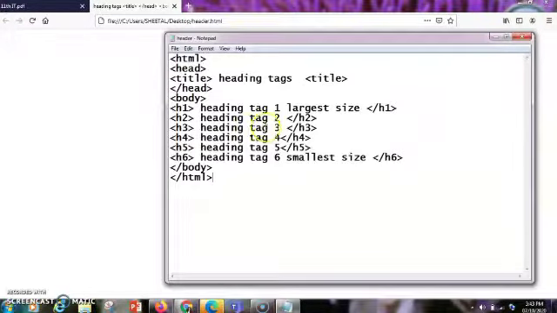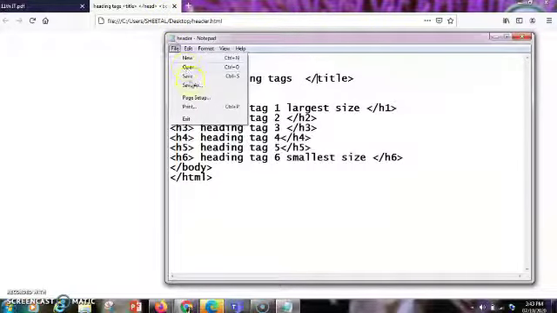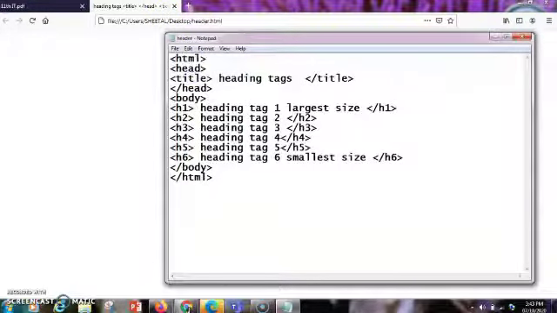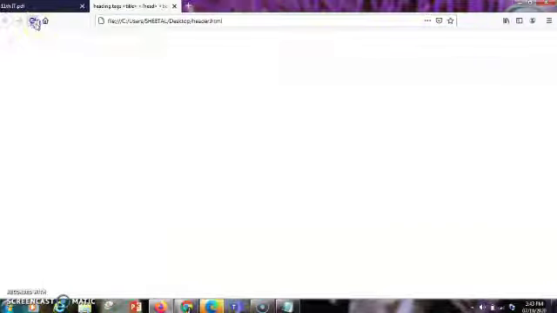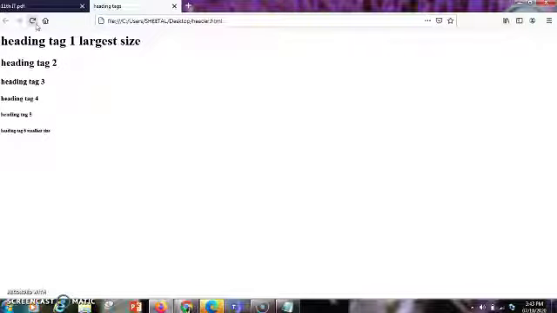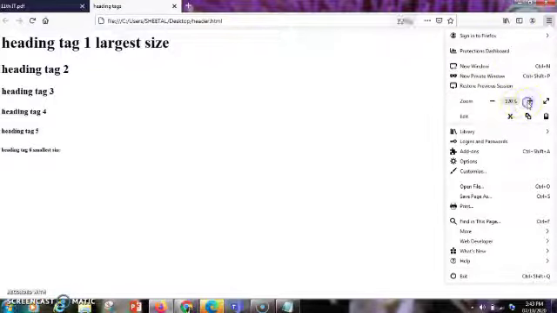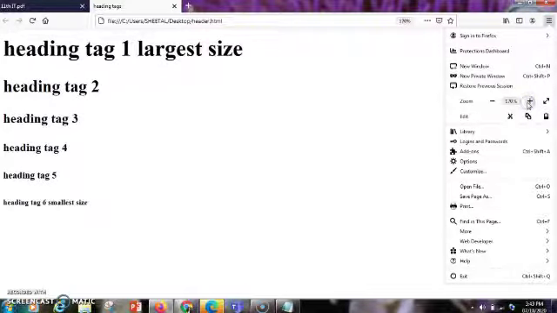What has happened here is that we haven't ended the title tag. So what will happen if we don't end the title tag? All the things will be displayed on the title bar, as you can see in this video. After saving this file, now you can see that we get the exact output. Any small mistake, like a slash, can give you a different output, not a correct output.